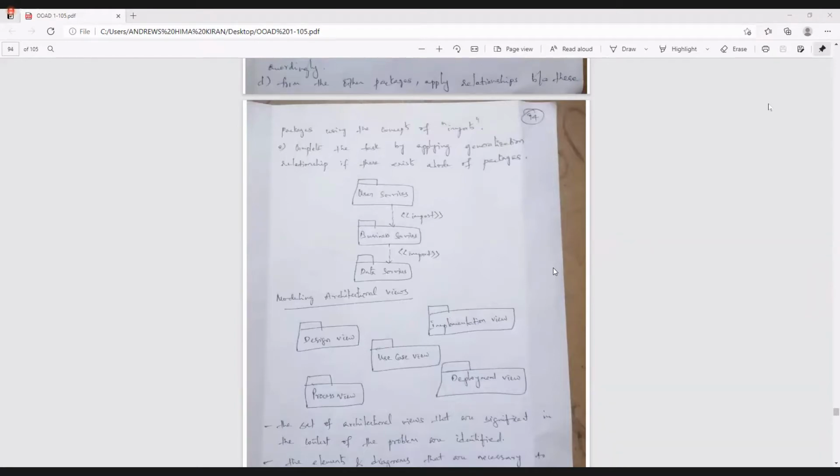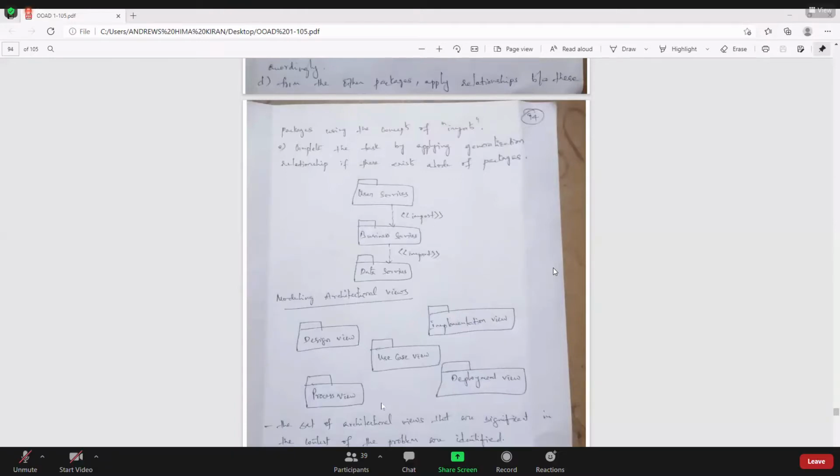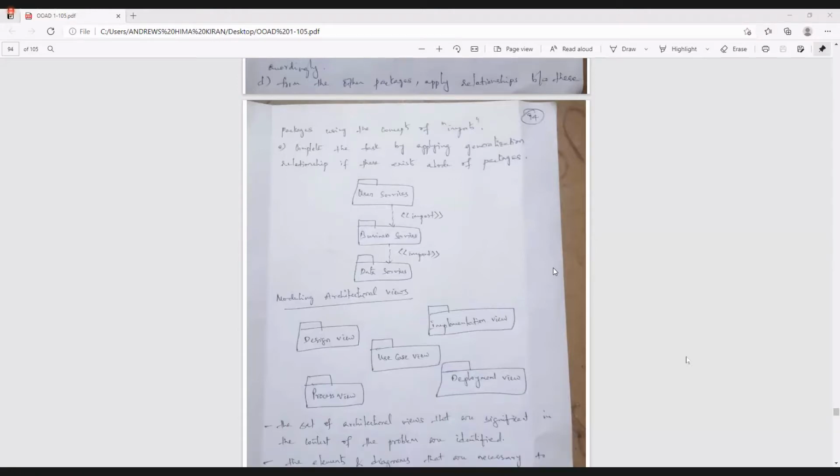Import and export concepts we have discussed in our last class. Importing is nothing but acquiring the attributes or operations of one particular package into another package, which is called the importing concept. Exporting is nothing but handing over the attributes as well as the operations from the first package to the second package or the previous package, which is considered the export concept.